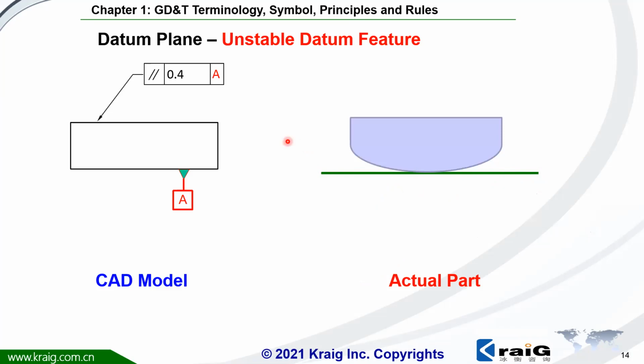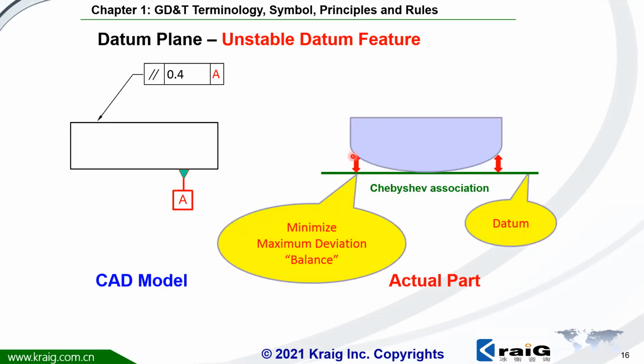There's another question. As we mentioned, the datum simulator should always be the highest tangent plane. But what about when the bottom surface of the actual part is convex? That means it is not stable. How could we find the tangent plane? This part is going to rotate. The proper way to find the tangent plane is to balance these parts